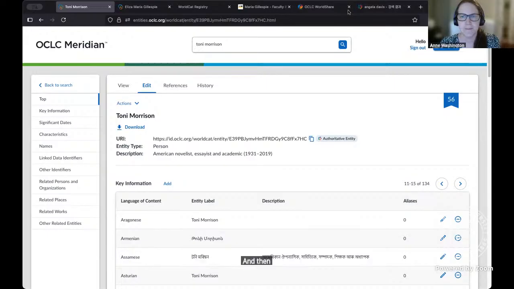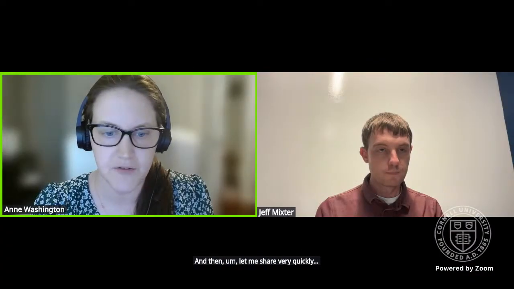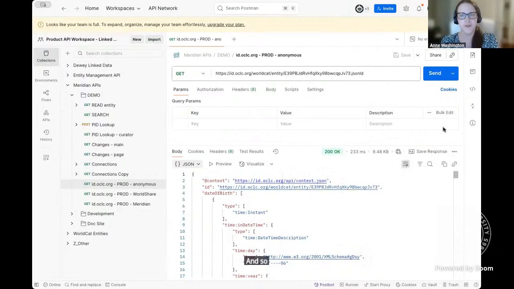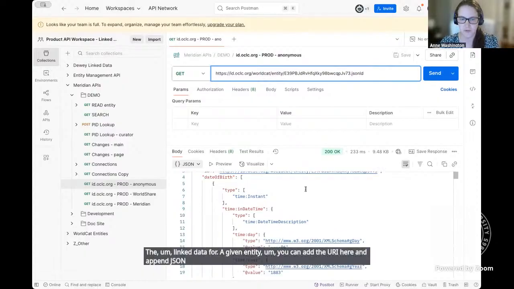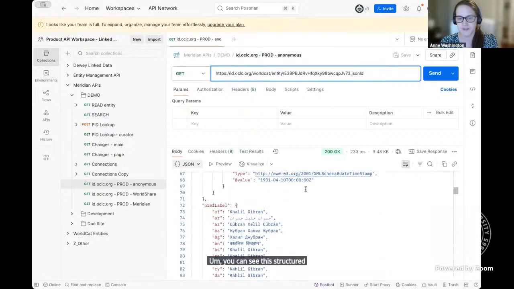And then let me share very quickly, I have Postman up here. If you are working in an API client or otherwise want to get the linked data for a given entity, you can add the URI here and append JSON LD, and you'll get delivered this structured data.